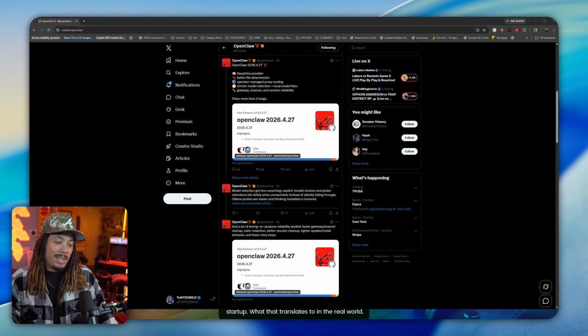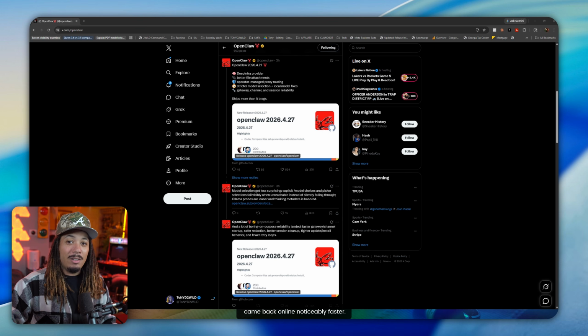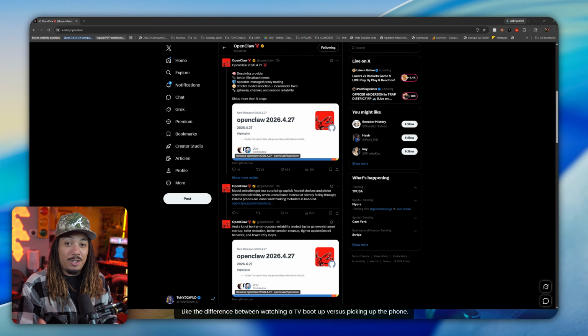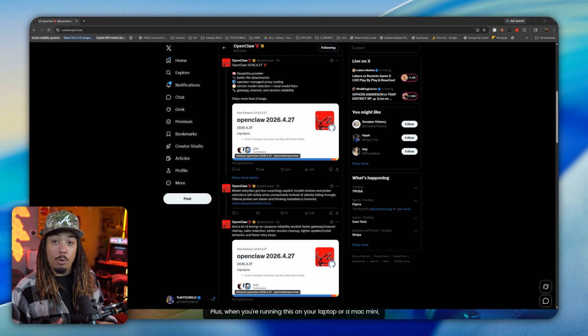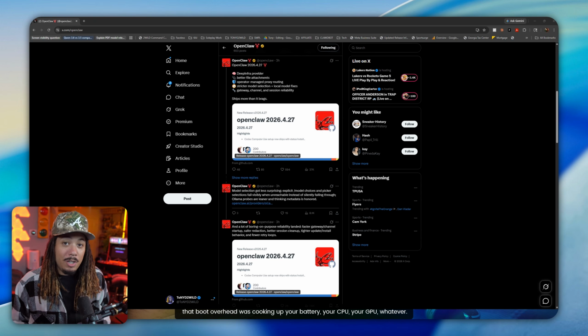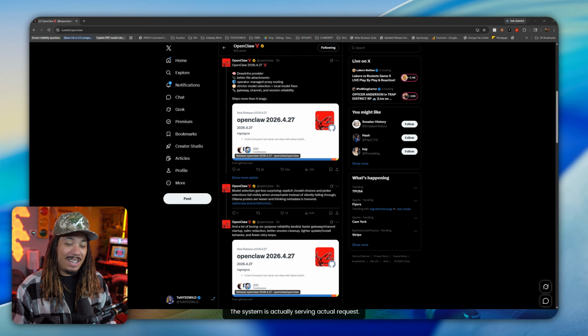What that translates to in the real world: when I had to restart my gateway tonight after pushing config changes, it came back online noticeably faster. Like the difference between watching a TV boot up versus picking up the phone. Plus, when you're running this on your laptop or a Mac Mini, that boot overhead was cooking up your battery, your CPU, your GPU, whatever. It's less startup work, which means less heat, less power, and more time the system is actually serving actual